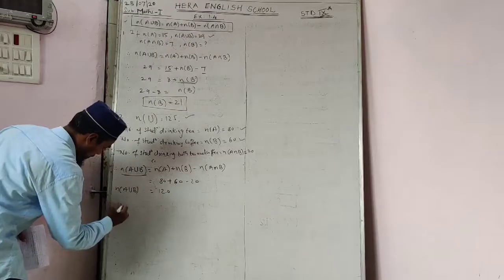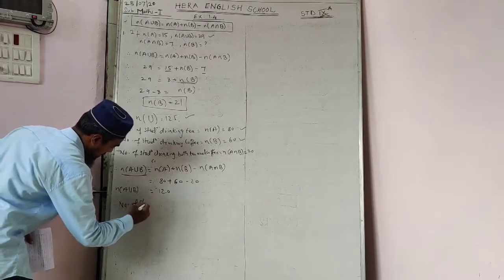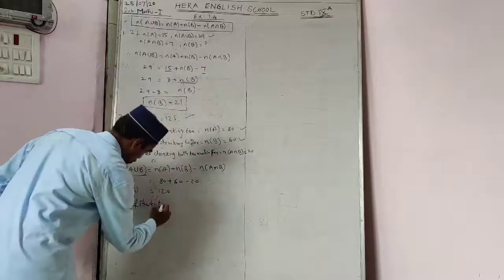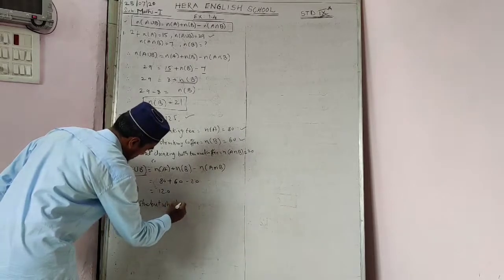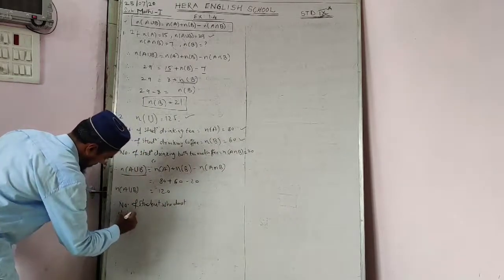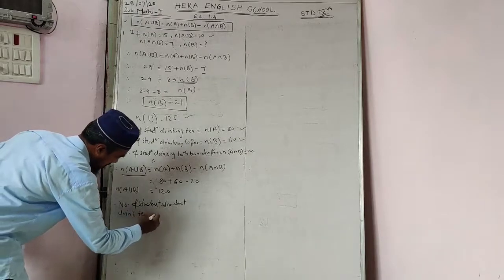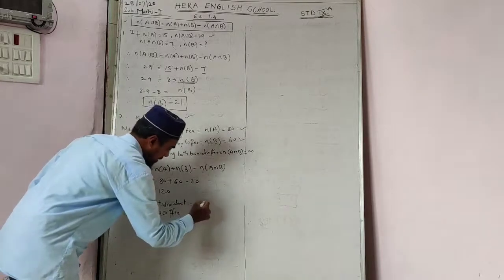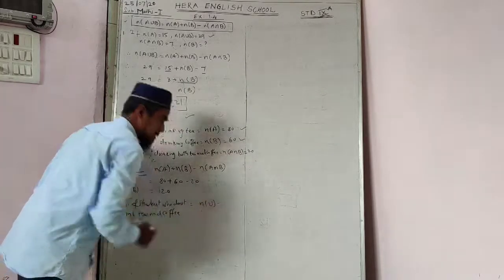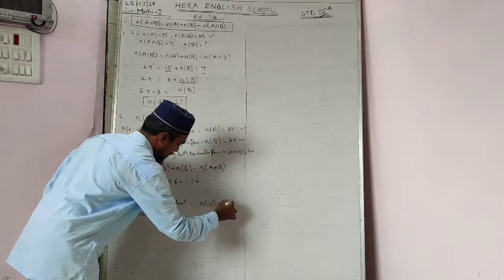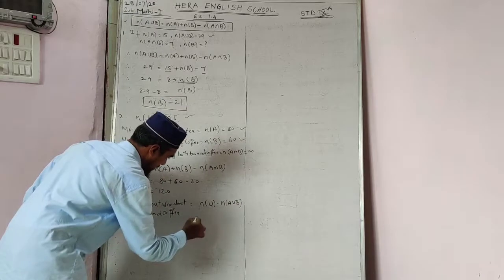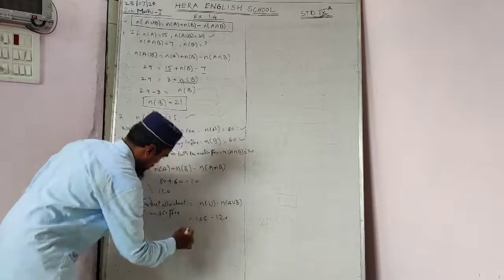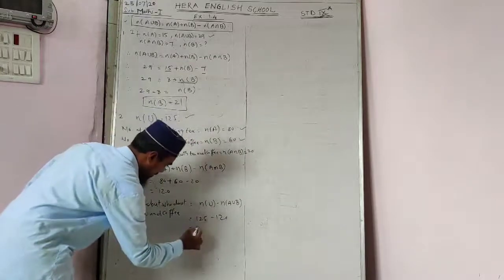Okay, number of students who do not drink tea and coffee, means the total students we have, that is the number of U, minus, okay, number of A union B. Here the 125 we have, the overall students, and 120 to subtract from this one. We got here as answer: 125 minus 120, you will get the 5.